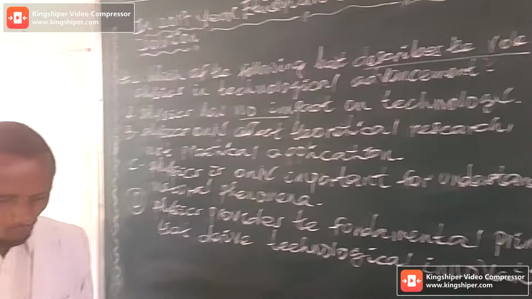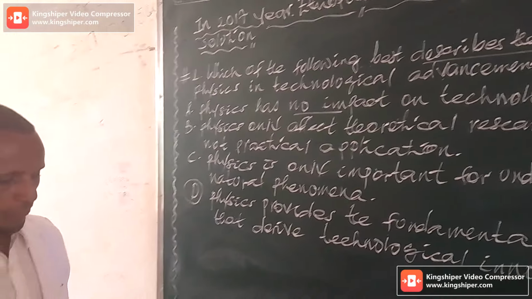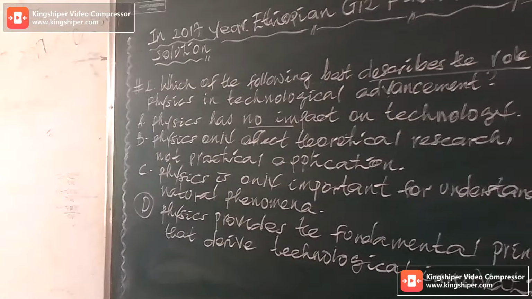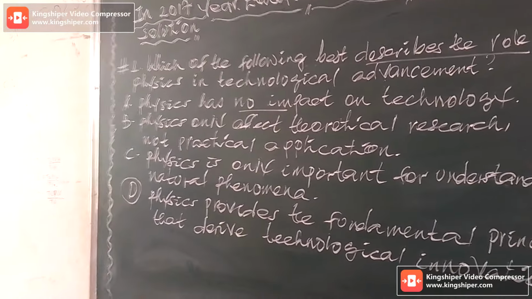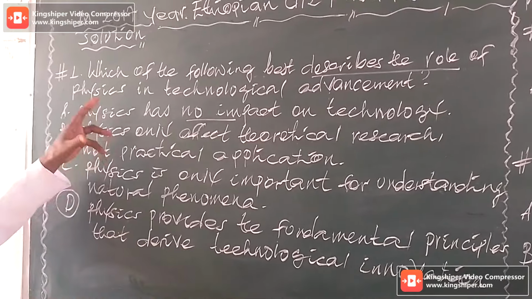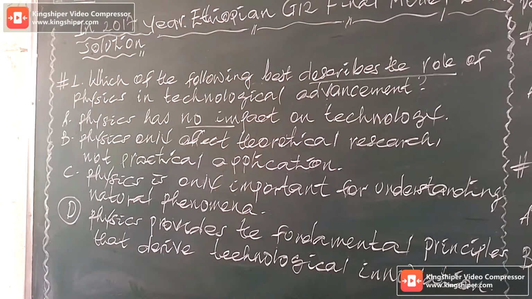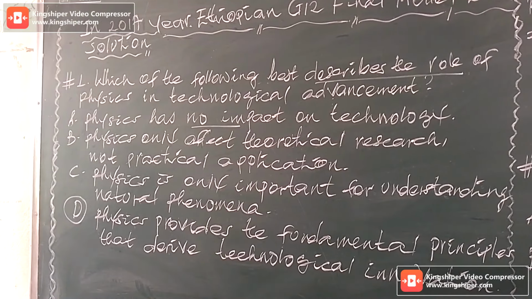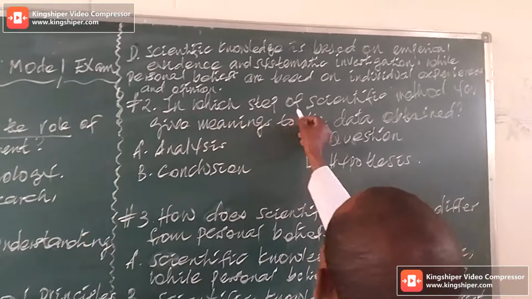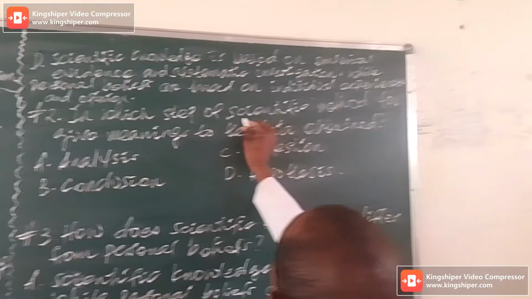From this, from the mechanics of the smartphone to the principles behind modern medicine, transportation, and even our understanding of the universe, this describes the role of physics. When we come to the next question, it says, in which step of the scientific method